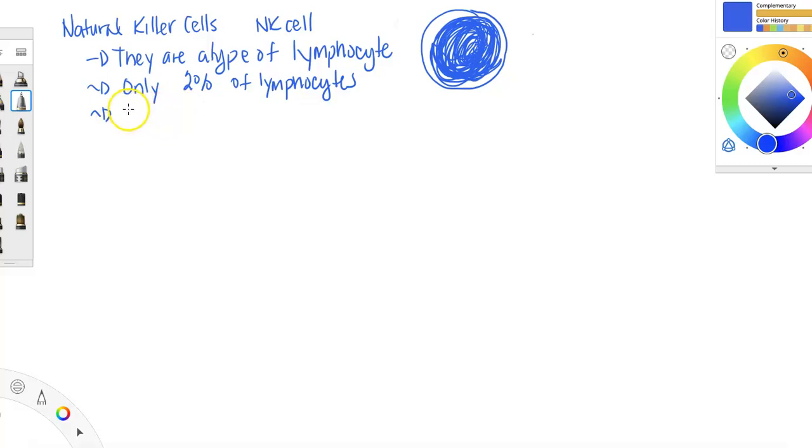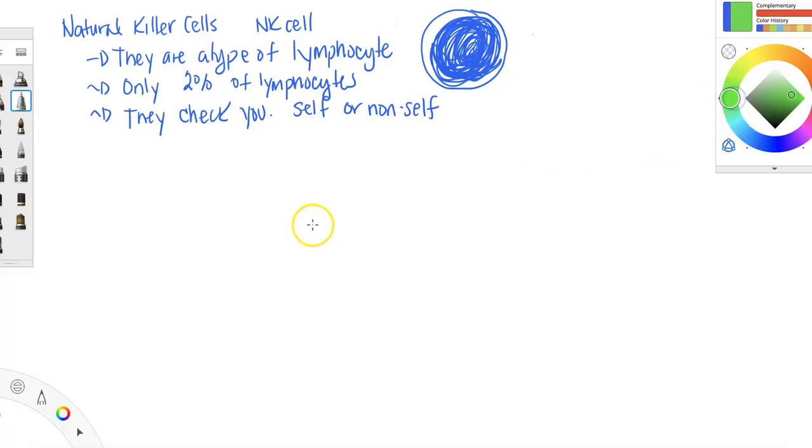Basically, they check you. So they look to see if something is self or non-self. And if it's non-self, it's in trouble. Okay, so these cells basically,